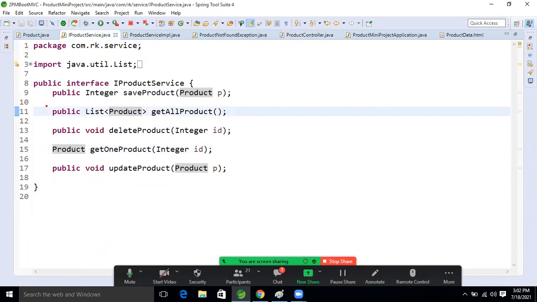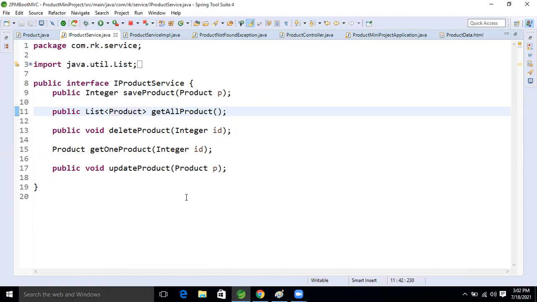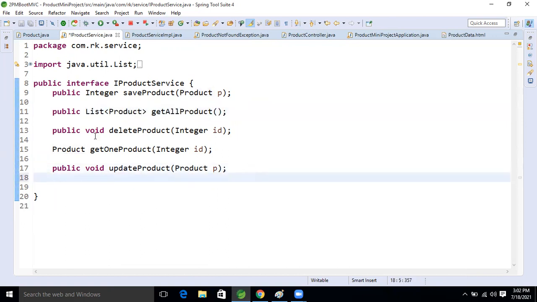Now come to the service impl. For that, which abstract method did we write? This one, right? Leave this method as it is. I'm adding one more, different method with the same name. The return type here is a List of Product.